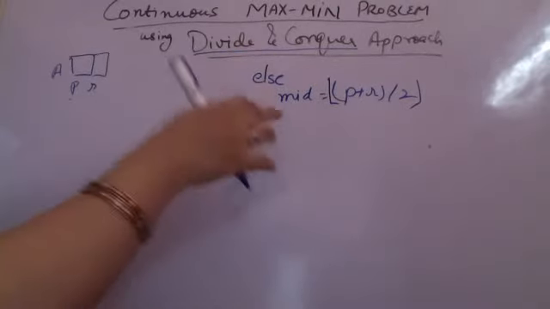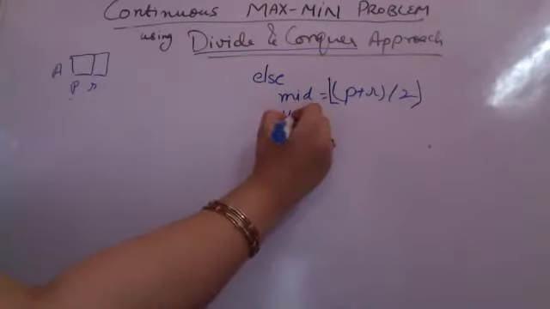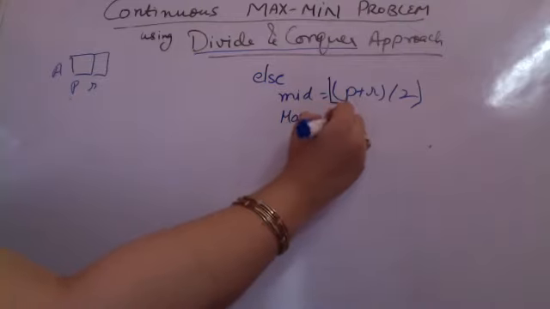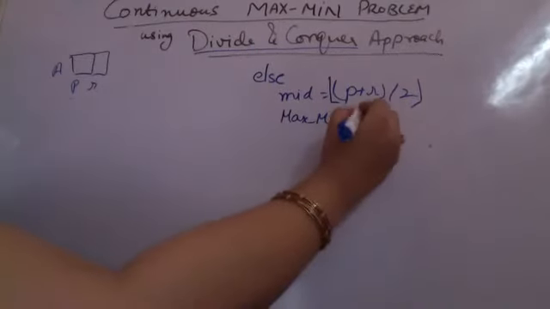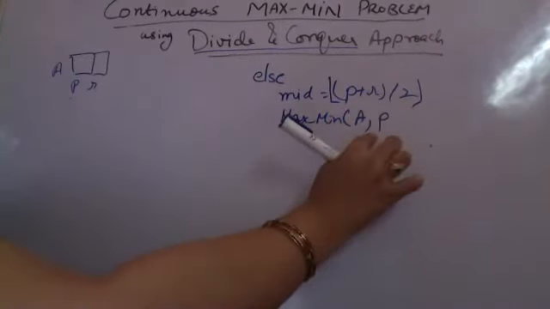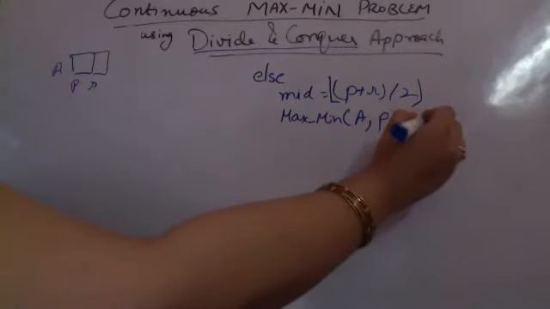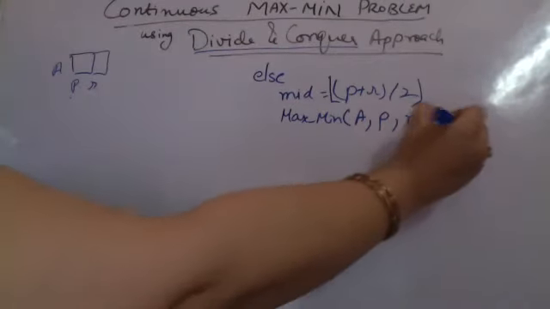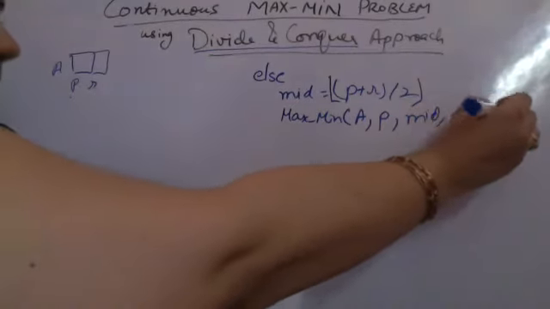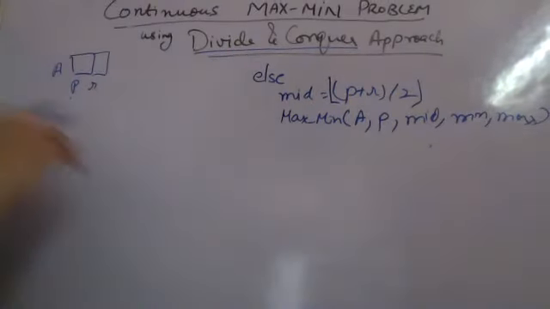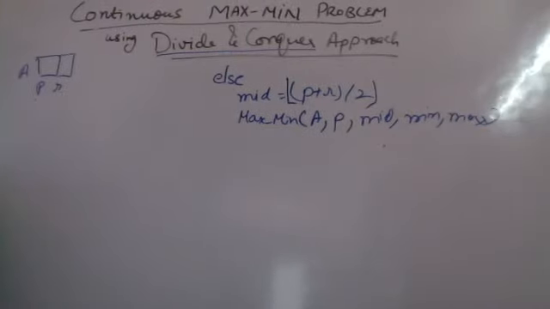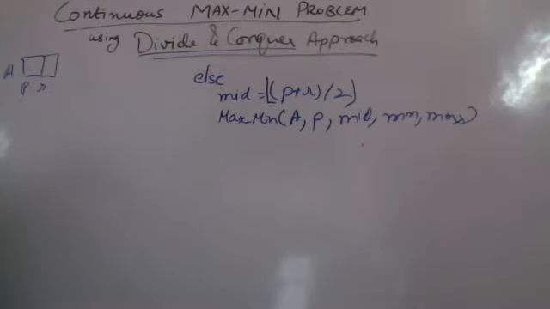So now we need to call the max min again. Now in this we are passing all the variables, which is A, starting point is P, next is mid. P से लेके mid तक के लिए we are calling, and here we are also passing min and max. We are requiring then max and min. Please recall. I hope now it is visible.